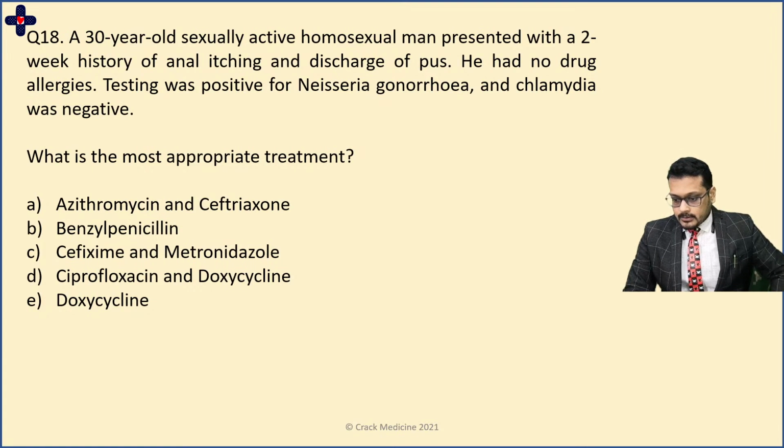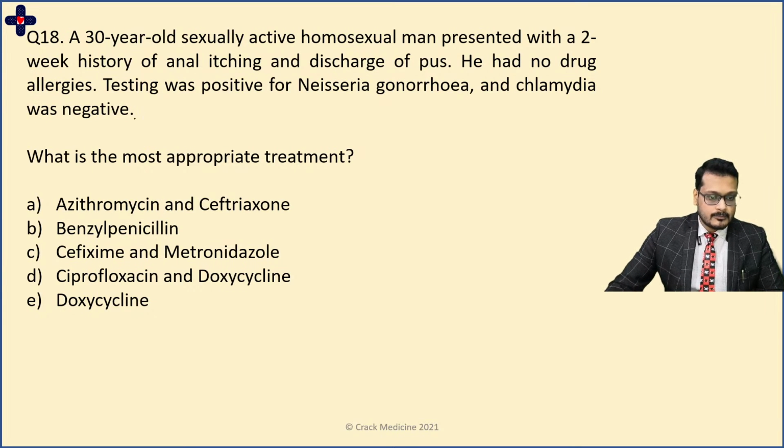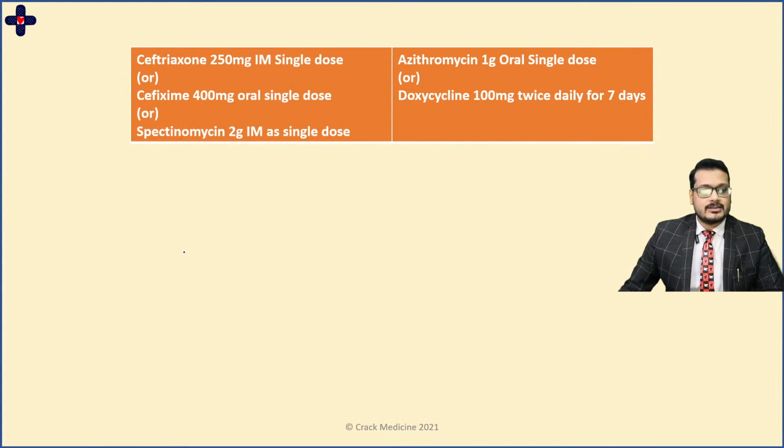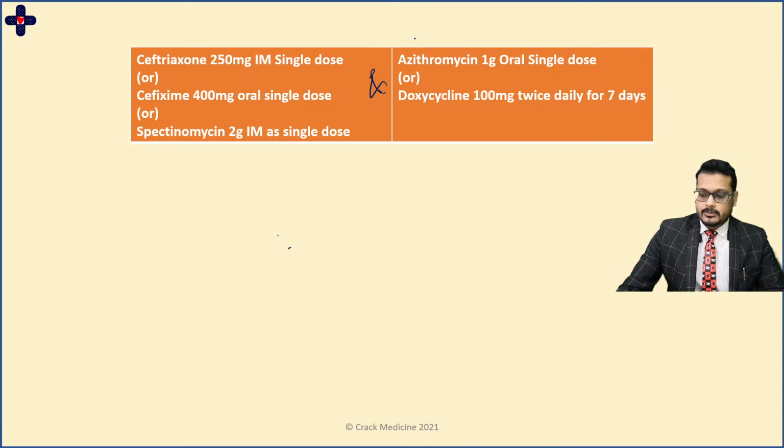Okay, Renu and all of you are very quick to answer correctly. I get surprised sometimes how all of you are answering all the questions correct while you're preparing, which is amazing. So this is how you go about treating gonorrhea. There's a big catch here. You have to give both: ceftriaxone 250 mg IM as a single dose, as well as azithromycin 1 gram oral as a single dose. Yes, Malik, Pavan, Renu, all of you are correct. So this is how you go about treating gonorrhea.